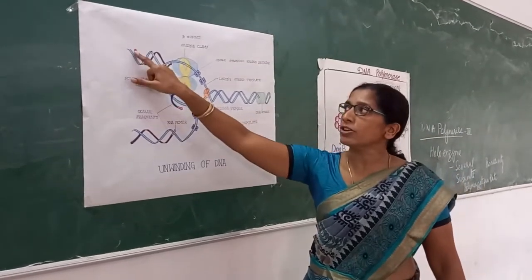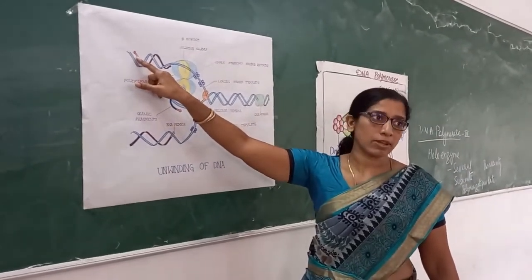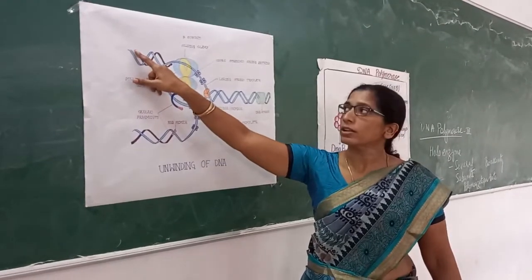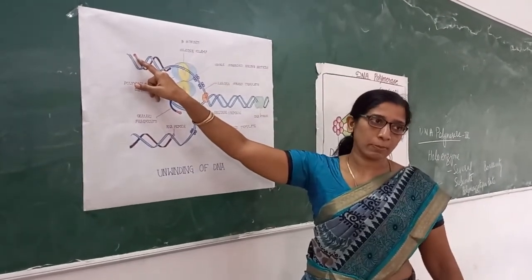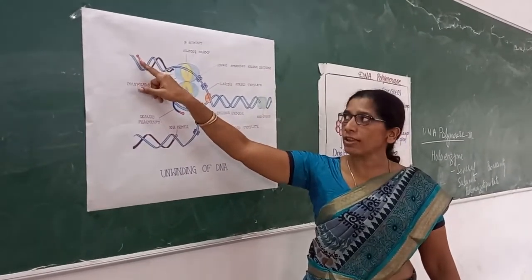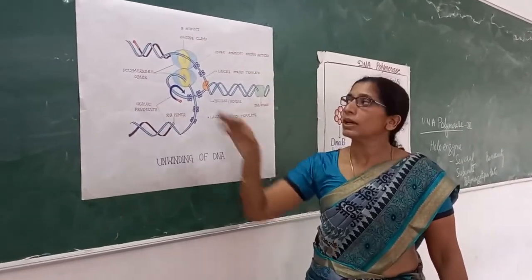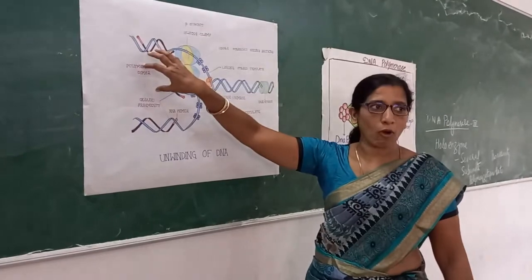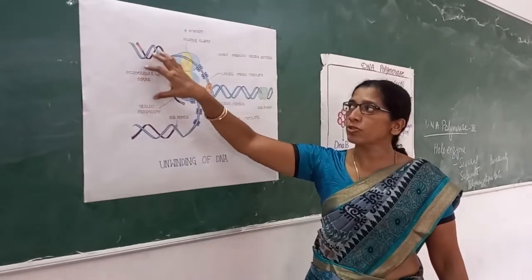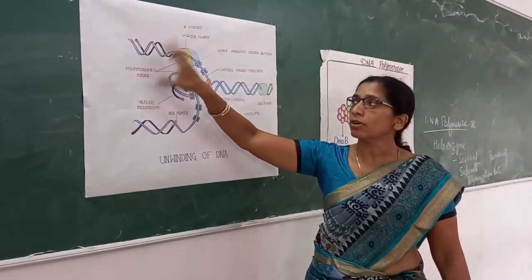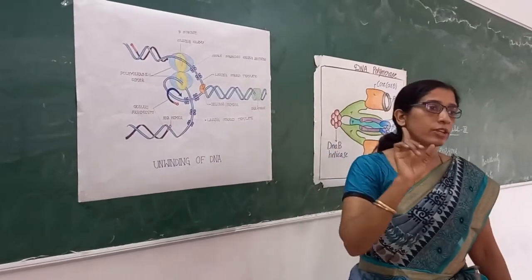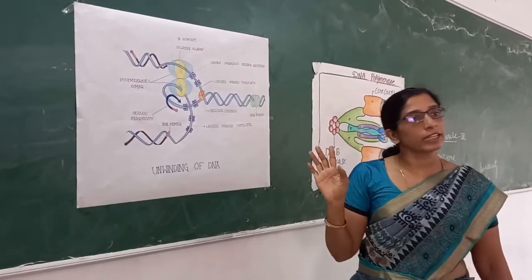Initially, primase support is required. Primase synthesizes a 10 to 16 nucleotide primer, which gives a 3 prime OH group. Then DNA pol 3, a huge enzyme, will load and continue. The strand it starts first is the leading strand.